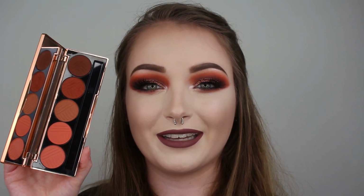So here's the finished look using this month's BOXYCHARM, and I just love how this turned out. It's a very grungy fall inspired look, and if you guys know me, I love fall. It is my favorite time of year, and Halloween is my favorite holiday, so this is definitely up my alley. But with that said, I do want to give you guys my thoughts and opinions about all of the products that we use today. So the first item that we are going to be talking about is the Dose of